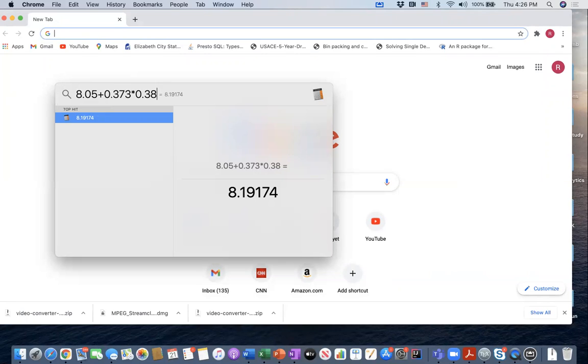I'm just going to say that this is 8.19. And for the lower control limit, all you have to do is change this plus to negative, right? And then that is 7.91, if you round the second digit up. Excuse me. Okay, so